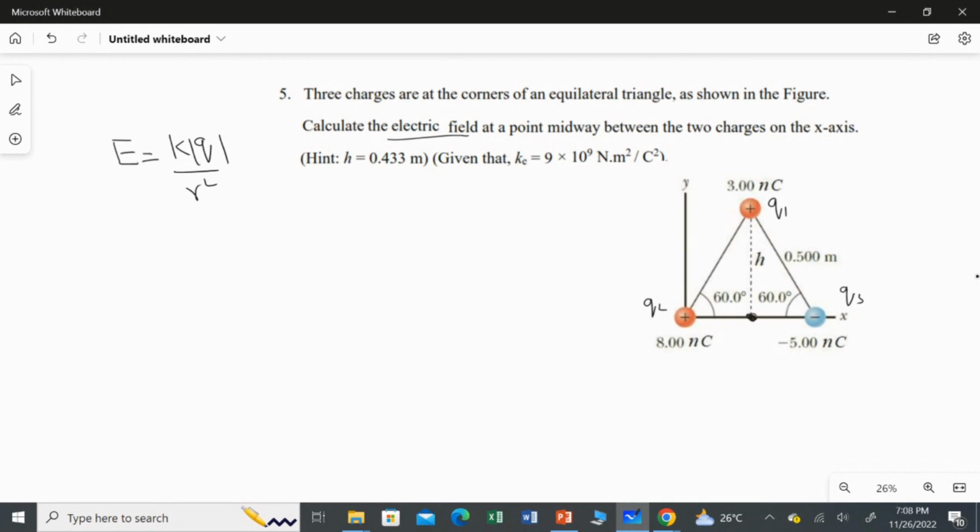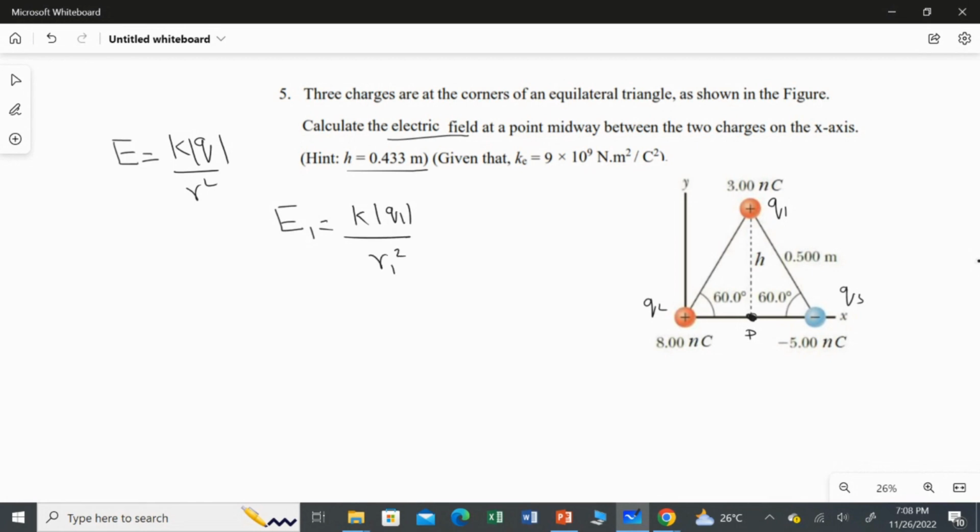We can use this equation for each charge, and then after that we can find the net electric field, right? So the electric field for the first charge, and here they said the H value is given as 0.433. It is also easy. Even if they did not mention the value of H, we can find it ourselves, but anyhow, I can show you that method. Let's find the electric field of the first charge at this point P. Let's take this as the point P. So at point P, we are going to find the electric field by the first point charge Q1. Clear? So E1 is equal to K magnitude of Q1 over